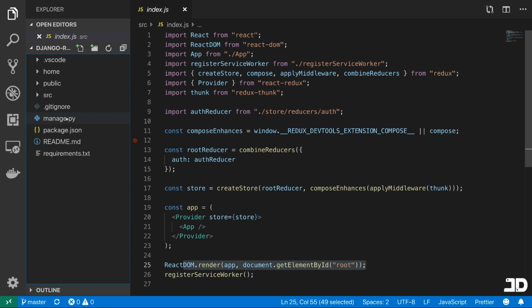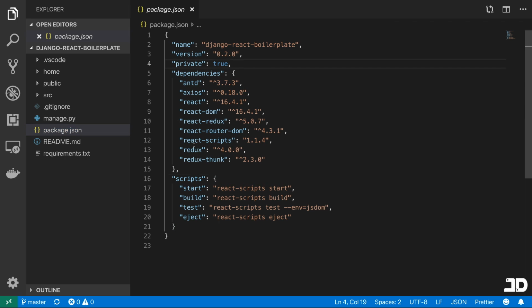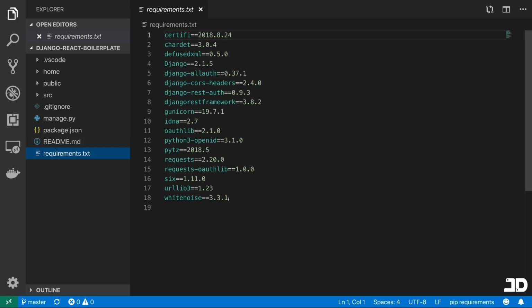Then .gitignore, and we have manage.py, pretty standard, and package.json, which is the file that contains all the dependencies for the React project, which we're going to update in this video. Then we have the requirements.txt, which are the dependencies for the Django project. So what we're going to do in this video is we're going to update the dependencies mainly,